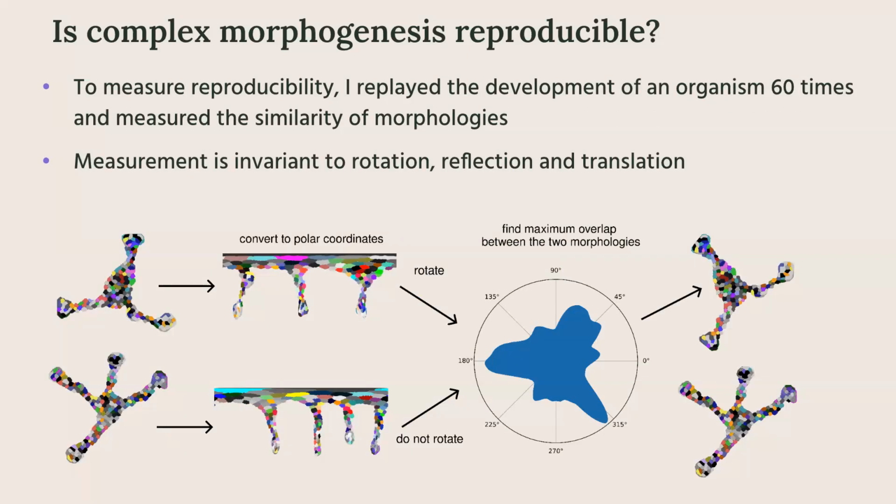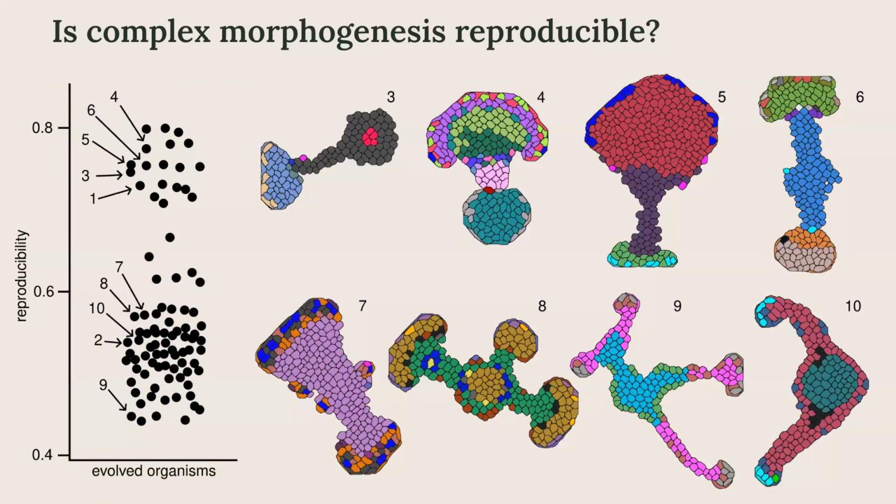So what I did is I came up with a rigorous measure to determine complexity by replaying the development of an organism 60 times and measured how similar the morphologies were. This measurement is invariant to rotation, reflection, and translation. I won't go over that in detail though. And the end result is this